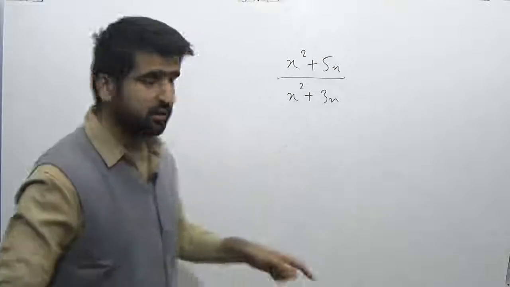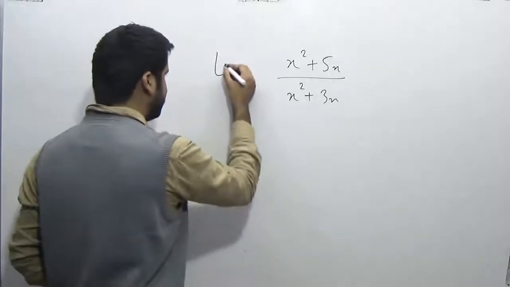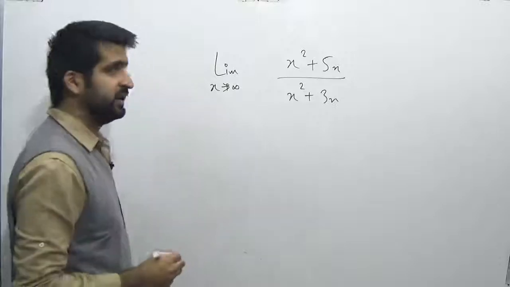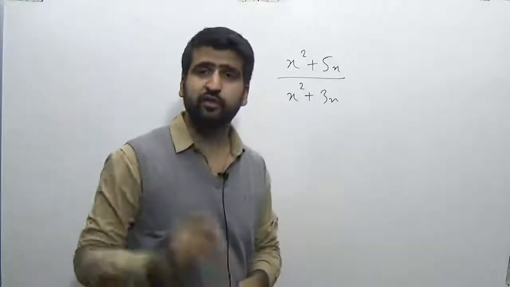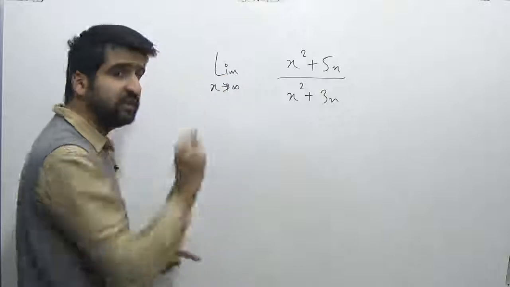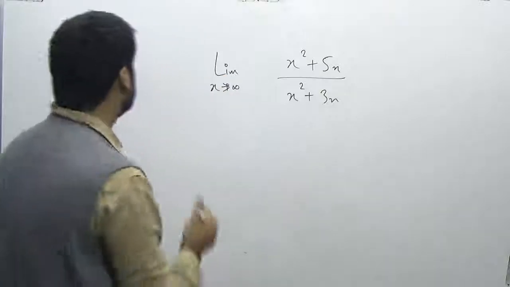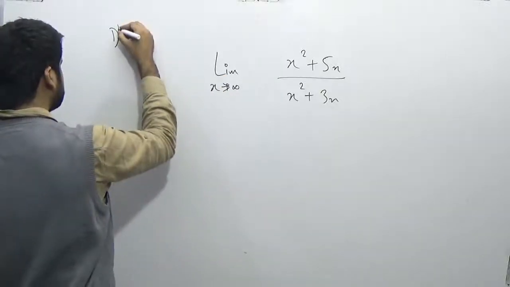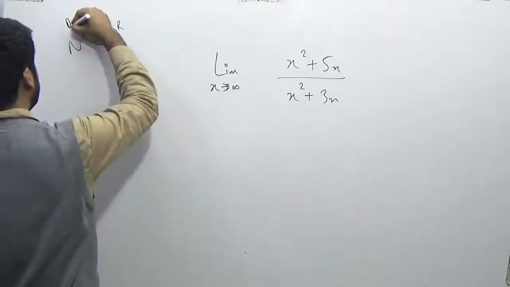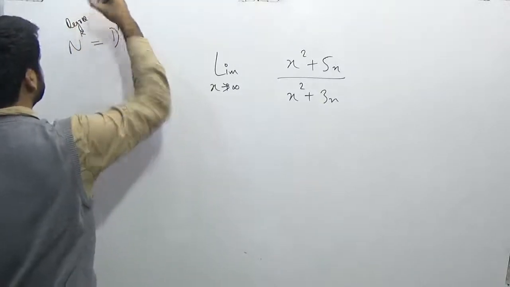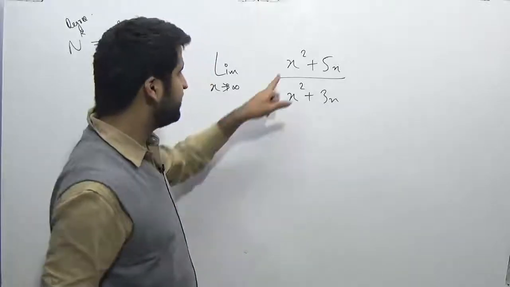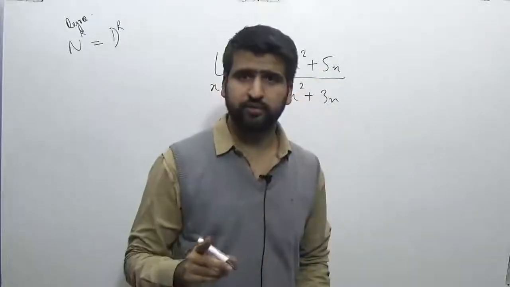So in this case, when we try to see what is the value of this rational expression when limit x tends to infinity, we have to see the degrees of the numerator and denominator. So this is very important. We have to see the degrees of numerator and denominator. So first we'll try to see the case when the degree of numerator is equal to the degree of denominator. So we'll try to see this type only.